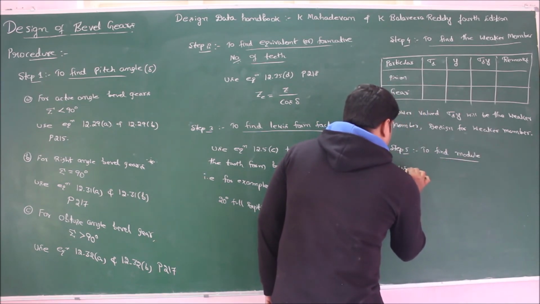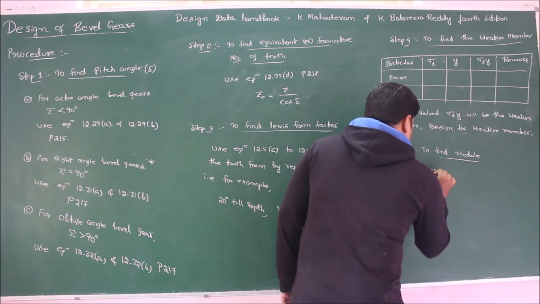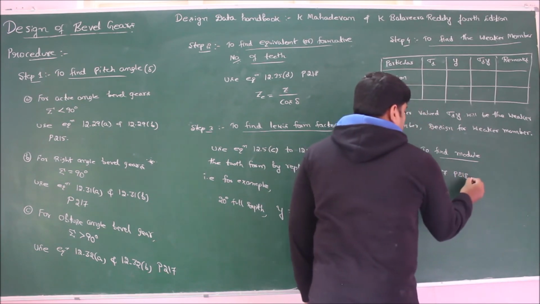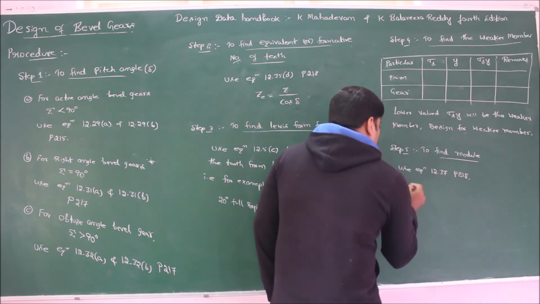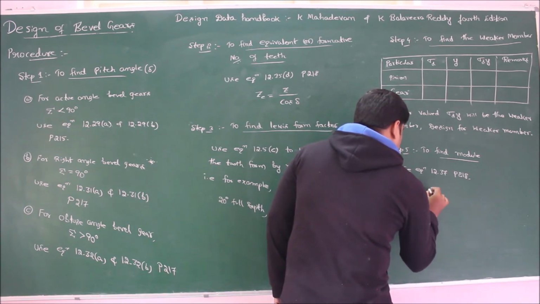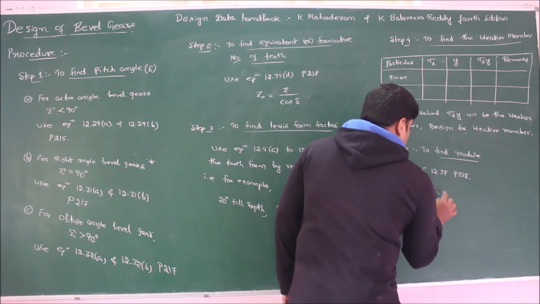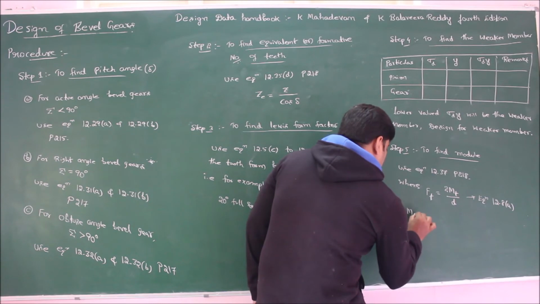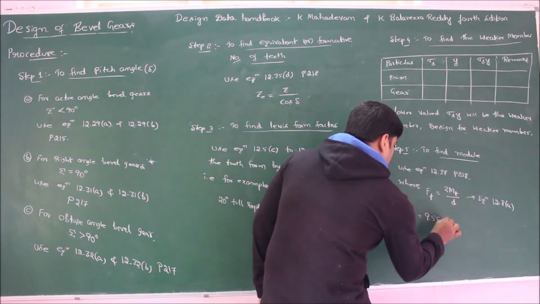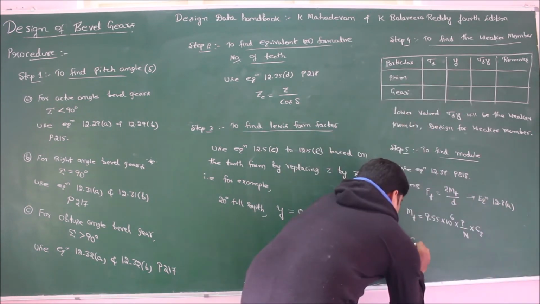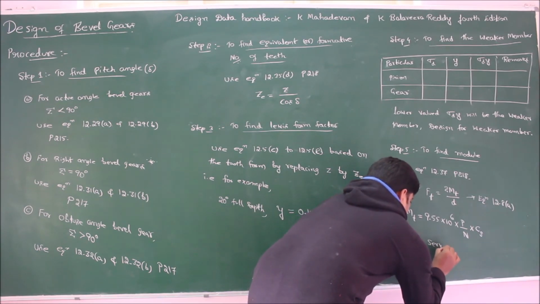In order to find the module, use equation 12.37 presenting page number 218 of our design data handbook, where Ft is calculated by using equation 12.8, which is nothing but 2mt by d, where mt is given by 9.55 into 10 to the power of 6 into p by n into cs, where cs is the service factor